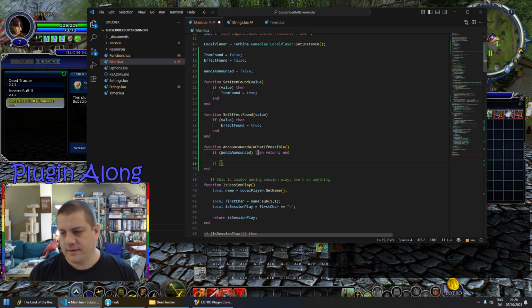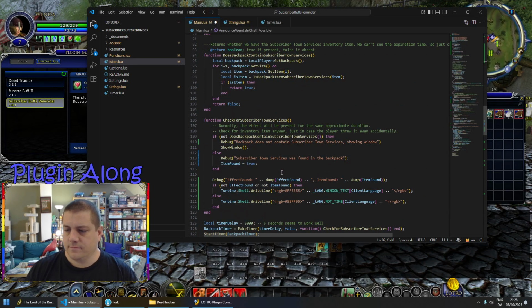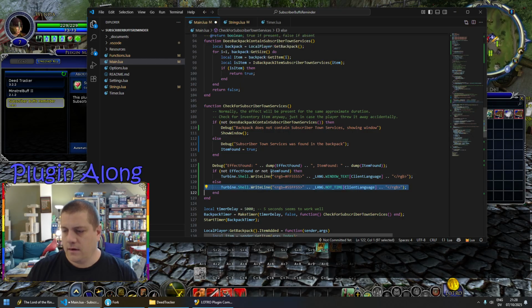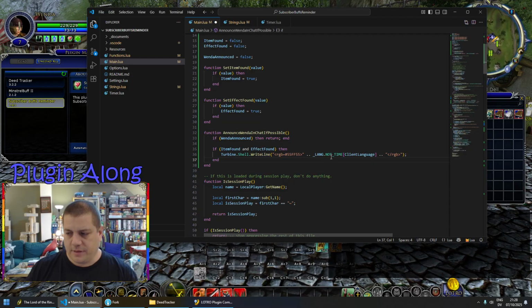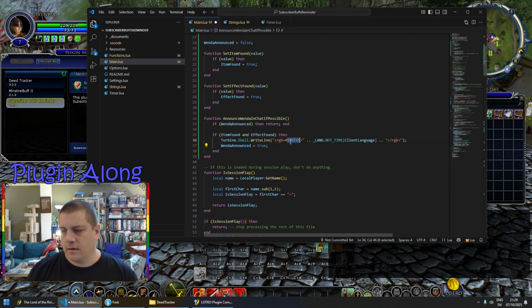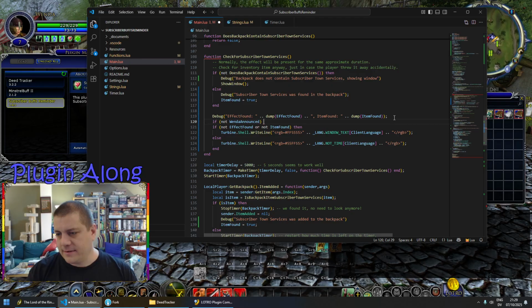Otherwise, if item found equal and effect found, then we'll go ahead and output that, and set window announced equals true. And then if not window announced, then